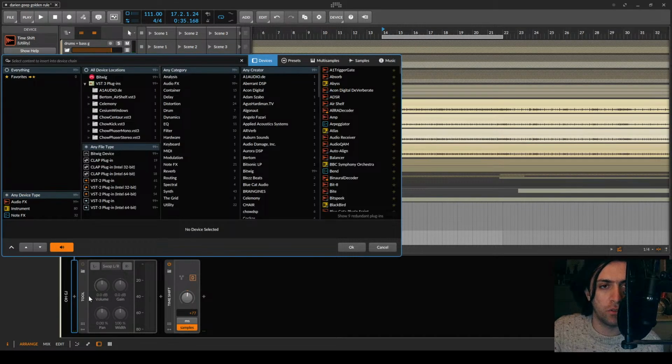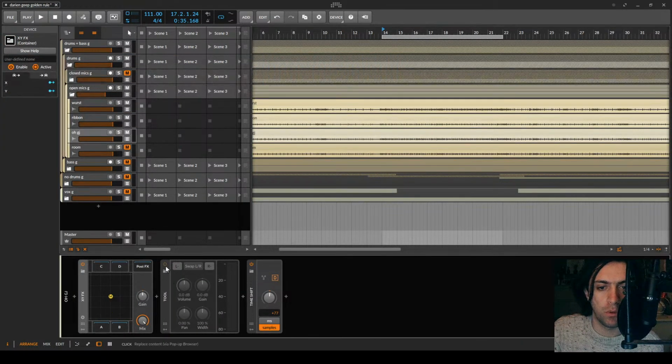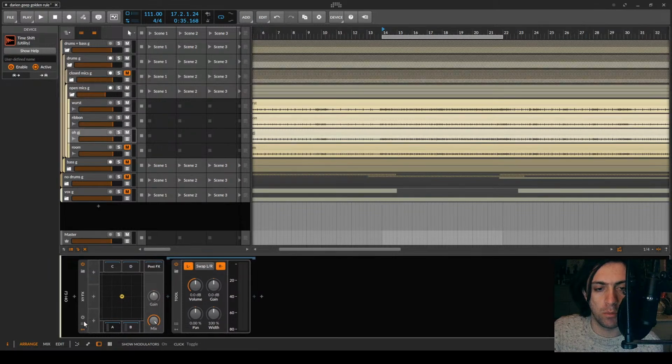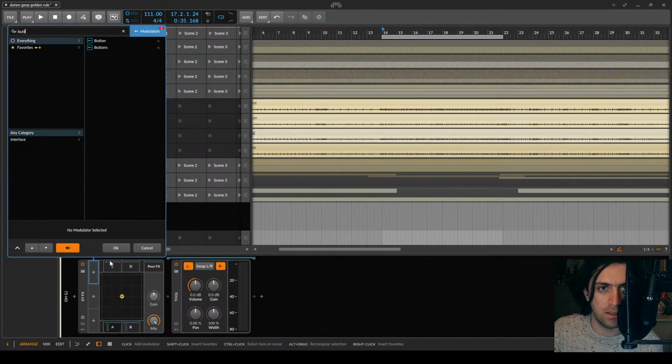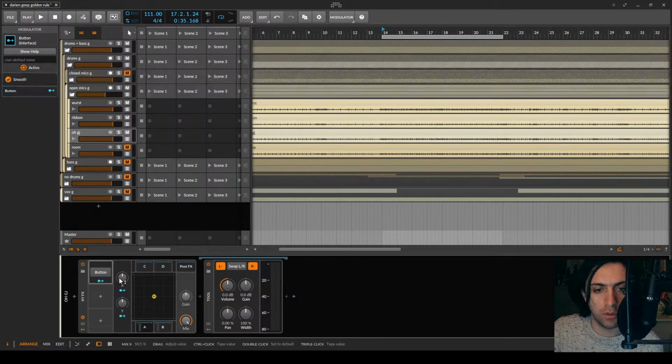I want to have a way of comparing these settings though. So I should add an FX layer where on one of the sides there is just the polarity flip. On the other side there is just the time shift. And then there is a button modulator that modulates in an instant from one side to the other. Wait, how did that work? Right, like this. Okay, boom. Now I can check the difference.